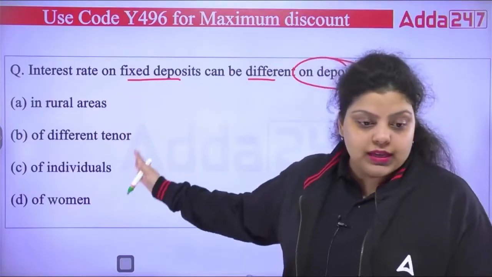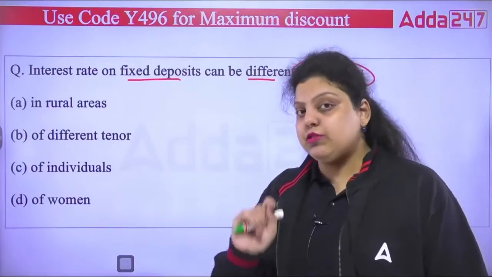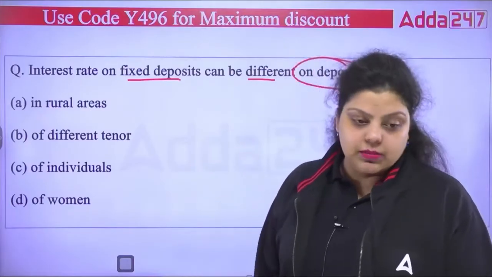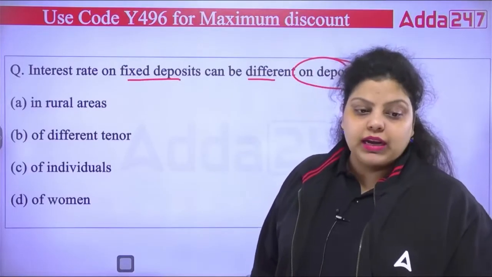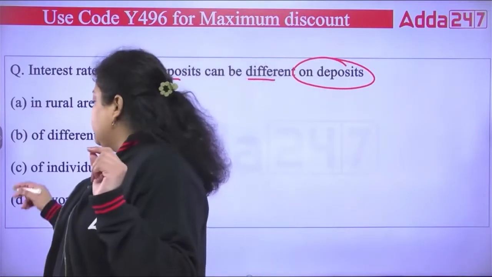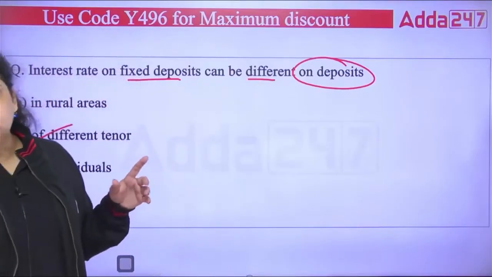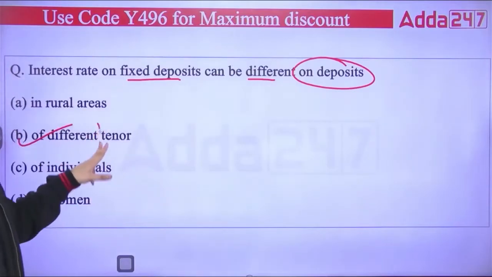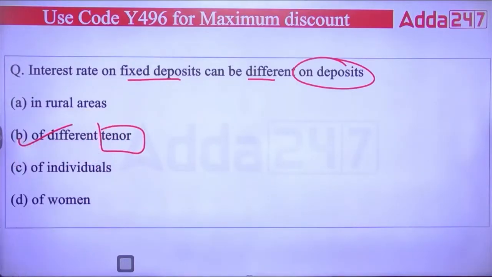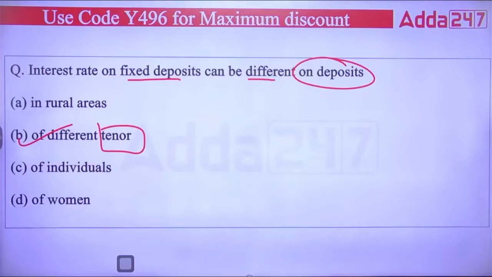So which of the following is the right explanation of having different interest rates paid on the fixed deposit by the bank? The rate of interest depends on the different tenure. If you are having an FD for 7 days and if you are having an FD for 10 years, as per the tenure, your rate of interest will be different. So the rate of interest depends on the duration of the account you are having. Very good. For the different tenures, so the right answer will be your B option.